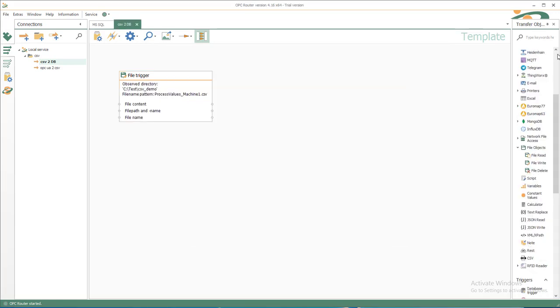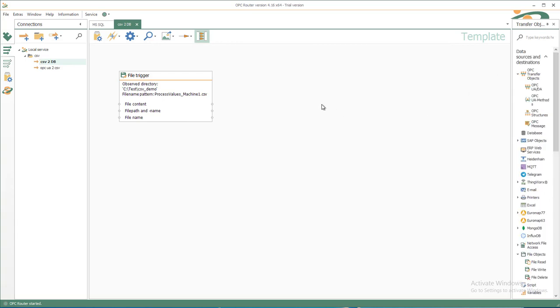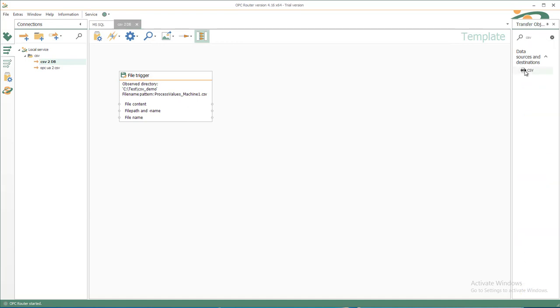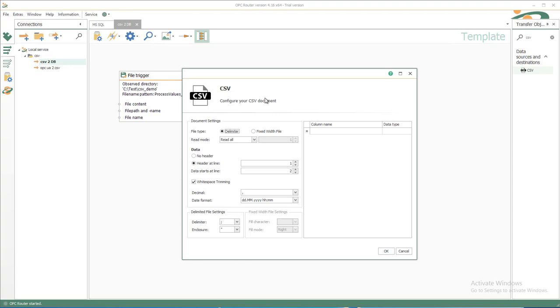There we get the file content directly, so we don't need an extra transfer object for that, just to convert the CSV document. So I create a new CSV transfer object. You also could copy it from the old connection. Double click, with the delimiter, and read all data with no header inside, with white space trimming, with the dot as decimal